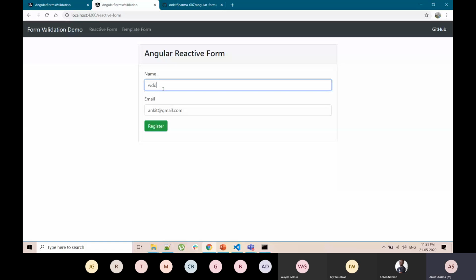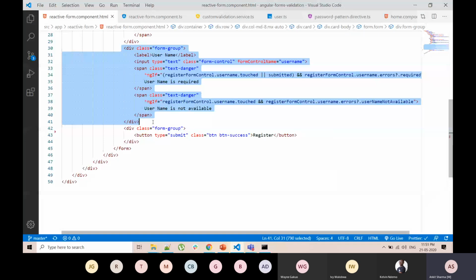Now let's see the third property, which is username. Again, it is the same label and input, and the input is bound to the username form control, and here username is required. It is the same as the required field error in the other places. Now you can see there is a second validation, username not available. The first part is whether username is touched or has an error, username not available.